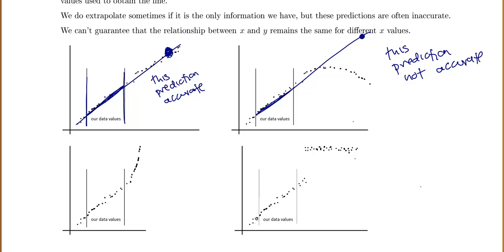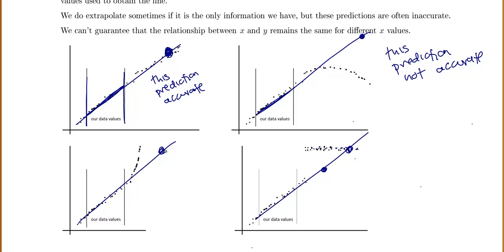Or over here, if I fit the line, notice that the trend changed. It was the line, and then all of a sudden, my points jumped up and leveled out. So if I make a prediction here, it's not going to be accurate. If I make a prediction here, well, that one happens to be accurate, but most of the rest aren't. Or again, for this one, notice that suddenly my data curved up. And if I make a prediction out here, it's not going to be accurate.